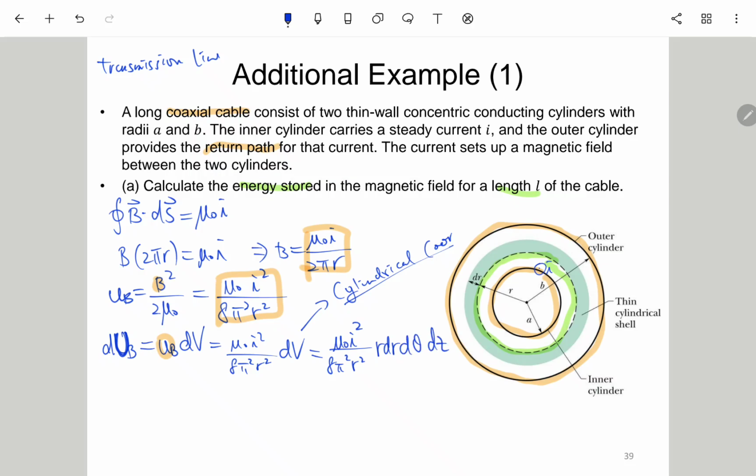okay, r dr dθ dz. So you can consider dz is an independent axis, and then these two, r and θ, would be the polar coordinate. Okay, so for the cylindrical coordinate, you can consider for the xy dimension, it becomes the polar coordinate, and then